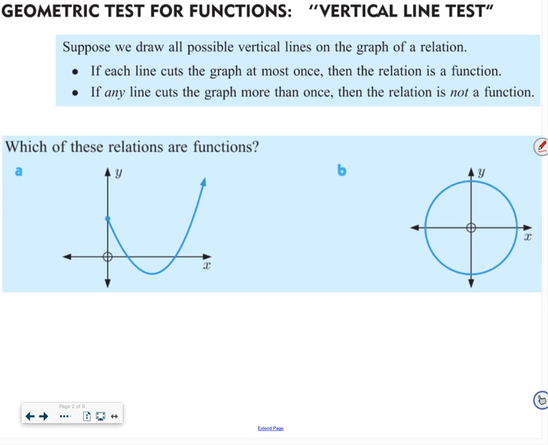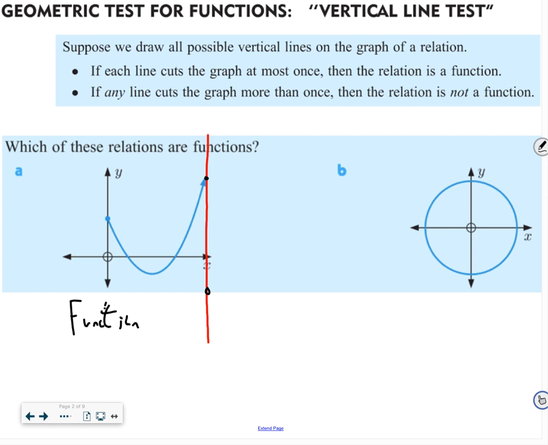So, if I draw a vertical line and drag it along my function, if it only ever crosses at most once, so as I move it, it only crosses the graph once, the blue line representing the function, we can define that as a function. That's making sure that the relationship is a function and it's making sure that we never have an x value that would have